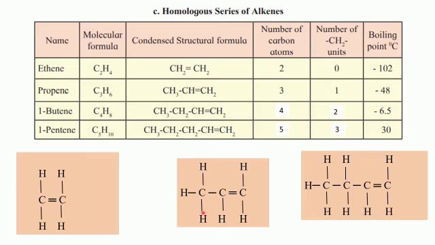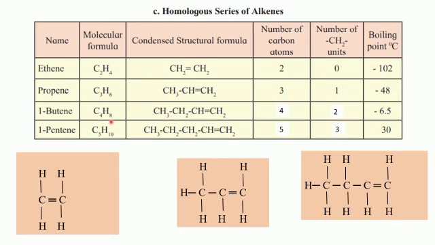Only one CH2 unit you can see here, because this carbon's other 2 valencies are satisfied by single bond. So only this can be considered to be a CH2 unit. I hope now you have followed that in counting the CH2 units, the other 2 valencies of the carbon atom should be satisfied by single bond only. So only here this condition is satisfied, that this carbon atom has the other 2 valencies as single bond only. Hence 1.